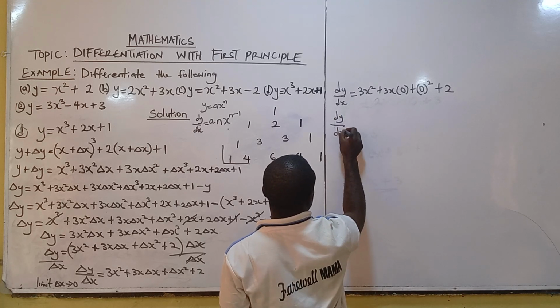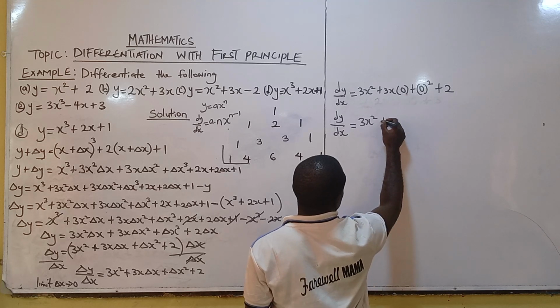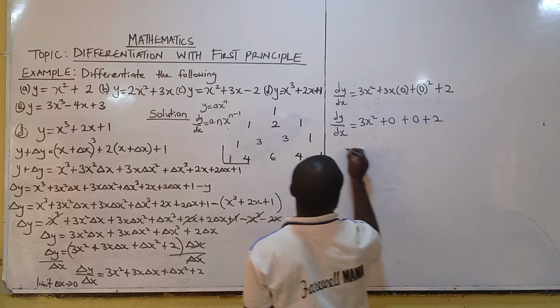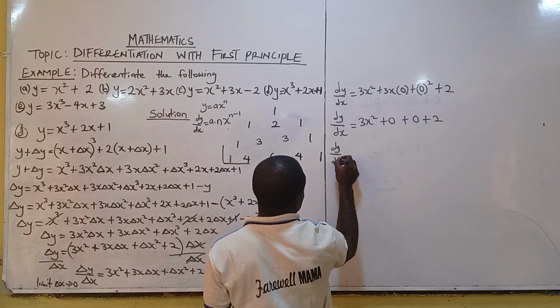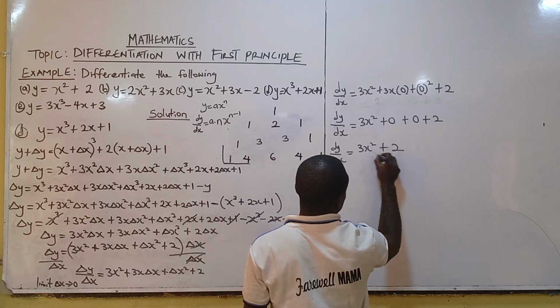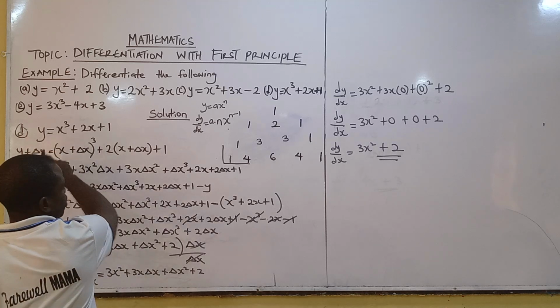So dy over dx equals 3x squared. 3 times 0, that's 0. 0 squared, that's 0, plus 2. dy over dx equals 3x squared plus 2. See that when you differentiate it with the general